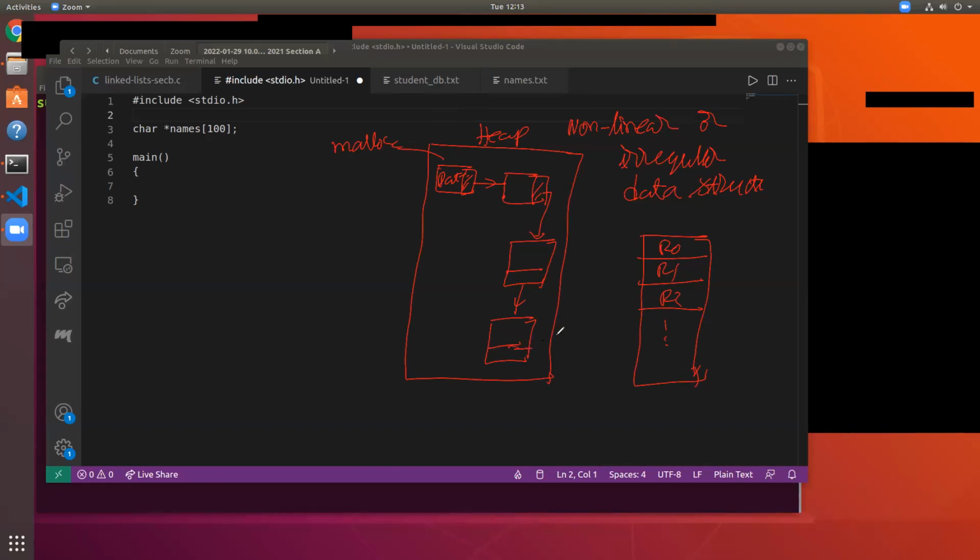Okay. Are you all with me here? So this is an array, a linear data structure, a regular data structure. This is a linked list. It's an irregular data structure, a nonlinear data structure. And every time we want to allocate memory for a new record, we make a call to malloc, and somewhere in the heap where there is free space available,